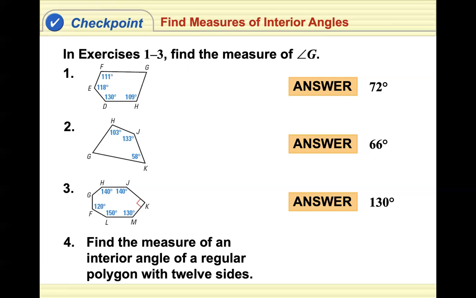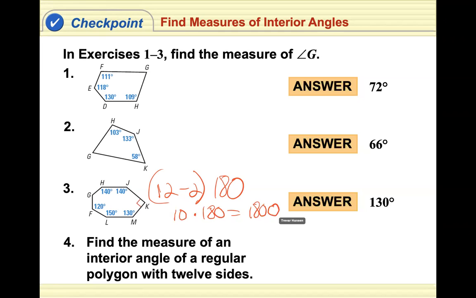All right, so the first thing we need to do is find the measure of the sum of the interior angles of this 12-sided figure. So we are going to take 12 minus 2 and take that times 180. The number of sides of the figure minus 2 times 180 will give you the sum. So 10 times 180 is 1800. Then we need to divide 1800 by 12 because it has 12 angles or 12 sides or both. And we need to divide that by 12, which gives us 150 as an answer, which means each angle should be